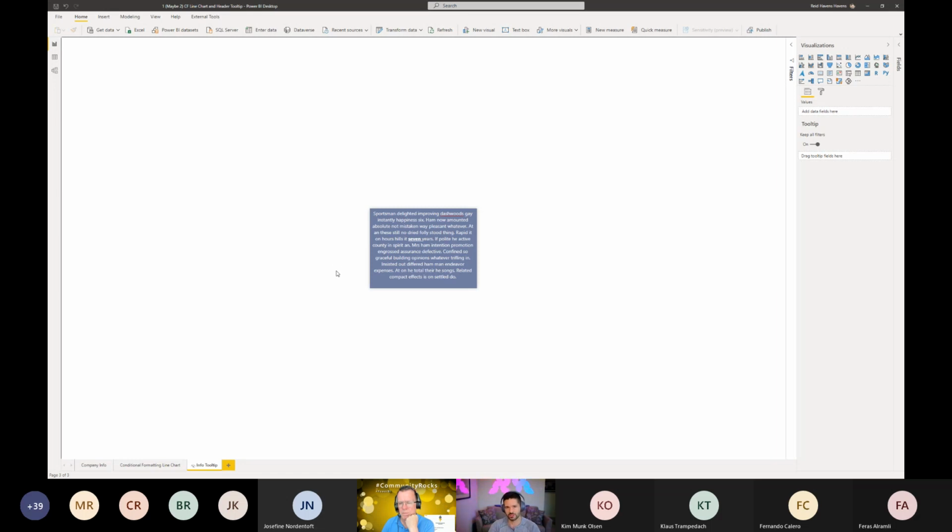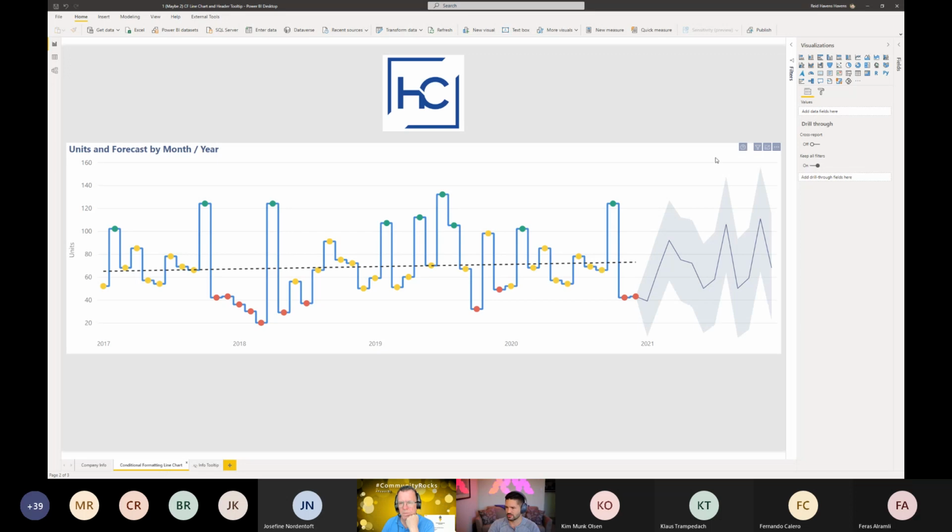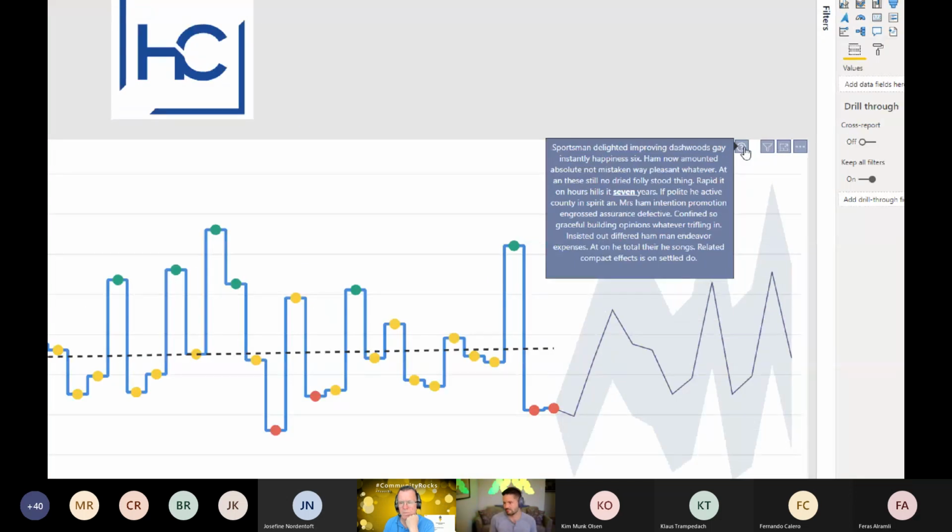If I need something a bit more feature rich or dynamic as far as what I'm wanting to display when I have this icon that I'm hovering over to get some information for the visual itself. So it's a great feature, and I'd say don't necessarily build a page out unless you have to. Most of my visual header tooltips that I create usually just have a couple of sentences that explain something about it in the standard one. But this is nice as needed if you have something that needs to be a bit more feature rich, and you want a canvas to design it a little bit prettier or just with a few more words.